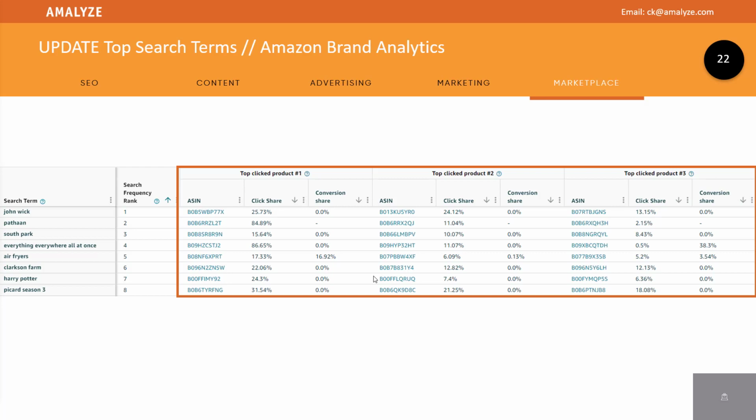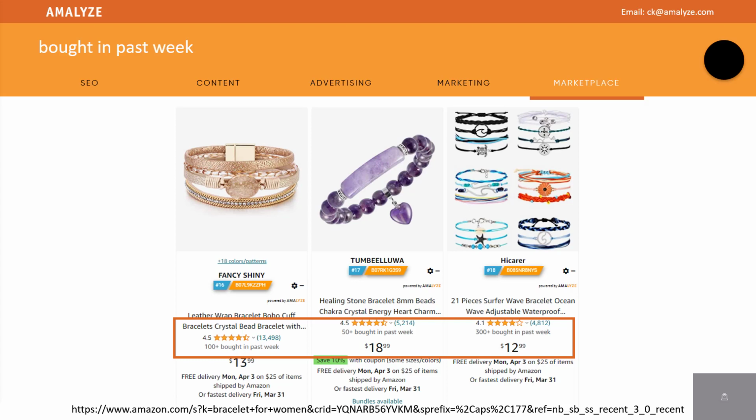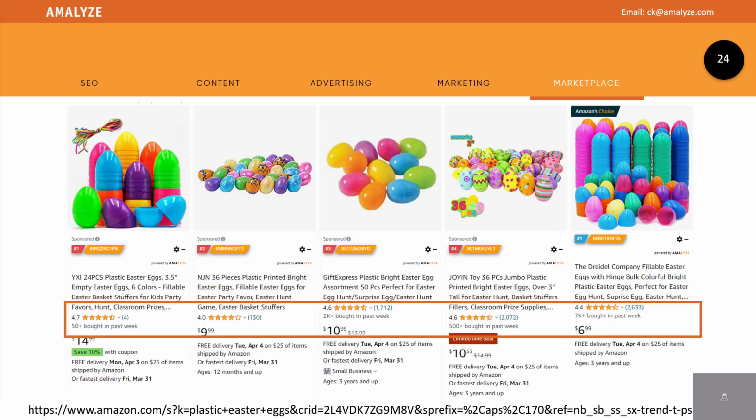Analytics. Then there was a short time Amazon rolled out "bought in the past month." Then they changed it to "bought in the past week," and it's a number on the SERPs that shows the number of sales in the last week or month. It seems to be cumulated for variations, so that is parent based, and you're seeing it like here: 50, 300 or 100, but it goes up higher, as you can see here, 2,000, 7,000 bought in